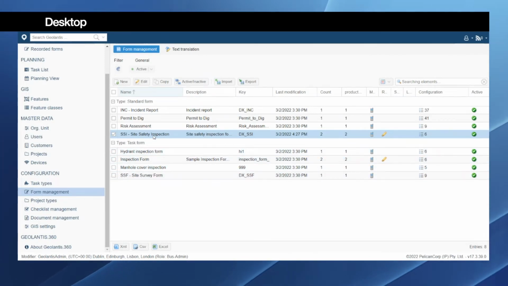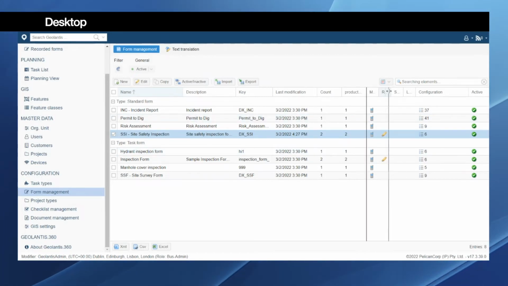And as you can see here, we have a list of information about the form, which we have entered shortly: the name, the description, and if it was recorded already by some user in the field, then it shows here the last modification date. The count column shows how many times the form was recorded, or how many instances, and the productive versions show how many times the form was set available for entry, and some additional information